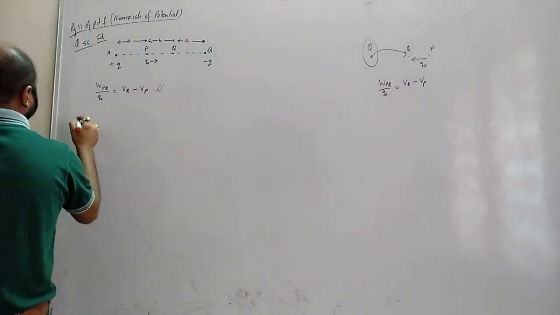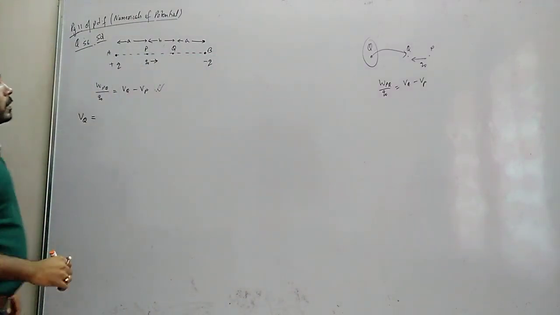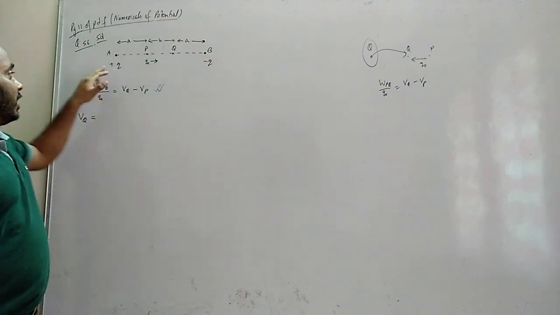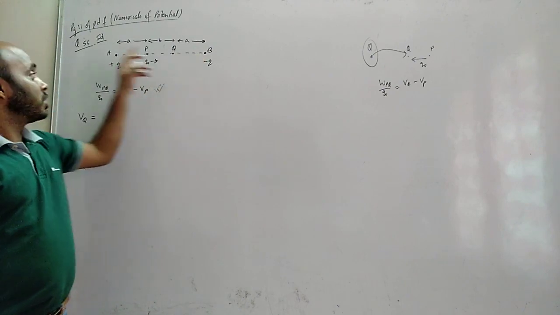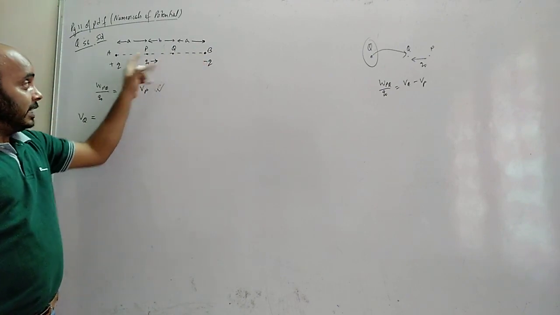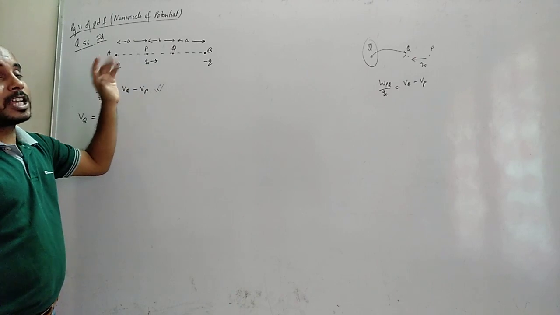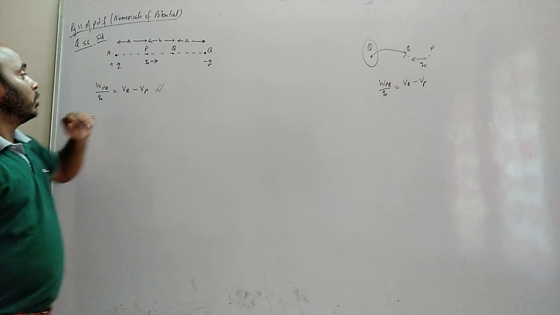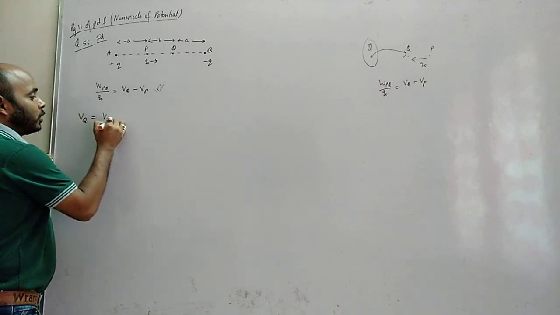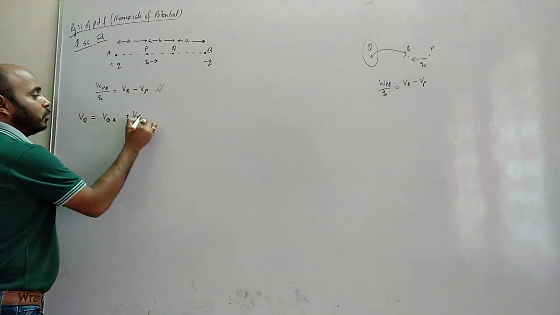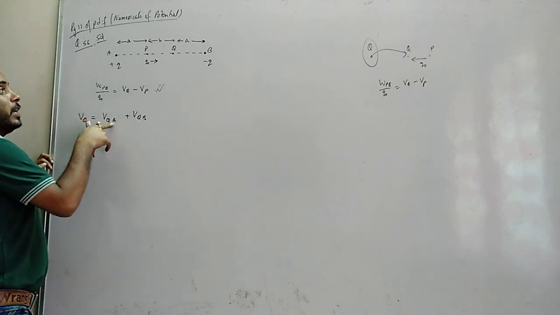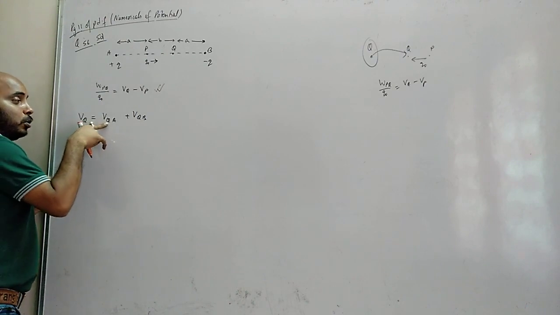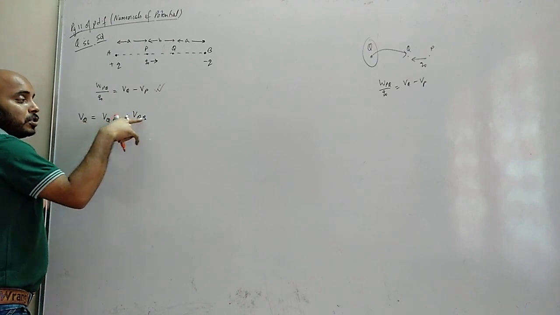Okay, so net potential at Q. How much potential will there be at Q? How much charge is around Q? One charge is this, another charge is this. So there is one potential due to this one and one potential due to the other. Don't take this charge, because this charge is moving. The charges around which are static, that we need to think about. So I will write like this: potential at Q due to A plus potential at Q due to B. Due to A there will be some potential, due to B there will be some potential.